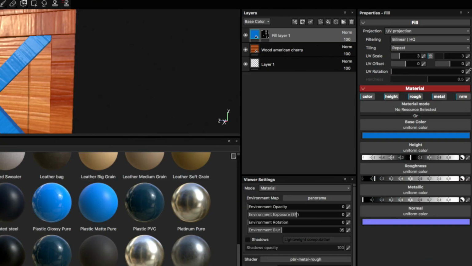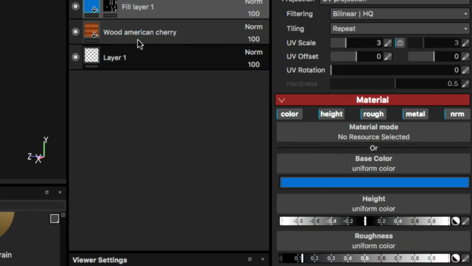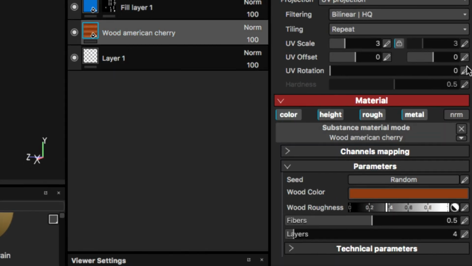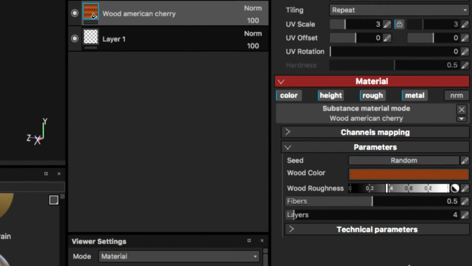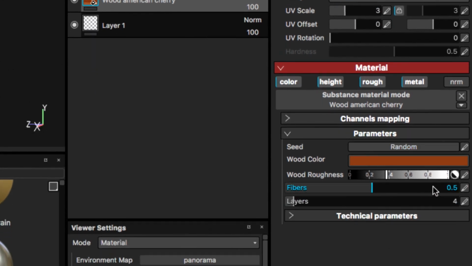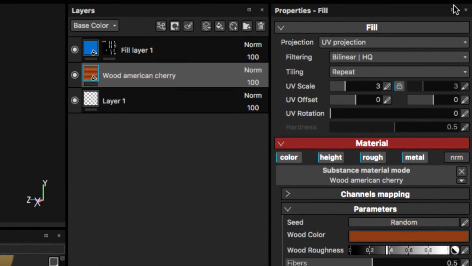So if we select here, our properties panel, this part up at the top, is going to give us everything that we're after. We'll look at the properties first, and then we'll look at how we can customize it, because these substances are pretty neat. So the first thing that we want to do is the UV rotation. Now at the